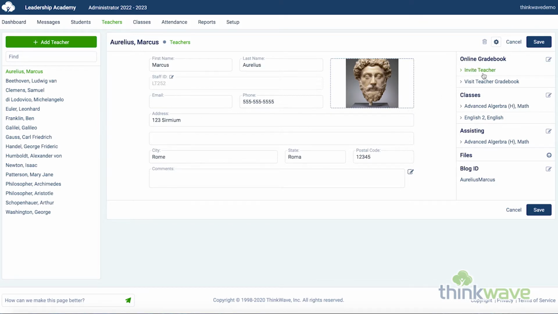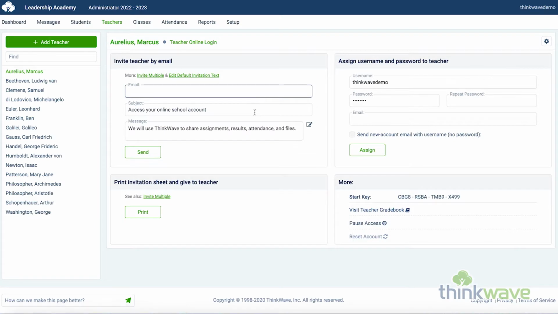Here you can invite the teacher to use the ThinkWave system by either printing out the invitation or by sending an email. Here at the bottom right, you can suspend the teacher access to the account by clicking on the pause button. You can also reactivate the account by clicking on the pause button again. Here you can reset the teacher account by clicking here. So for instance, if a teacher forgets their username or password, you can reset it here so they can select